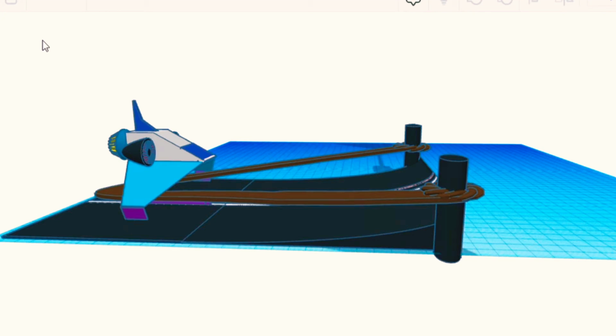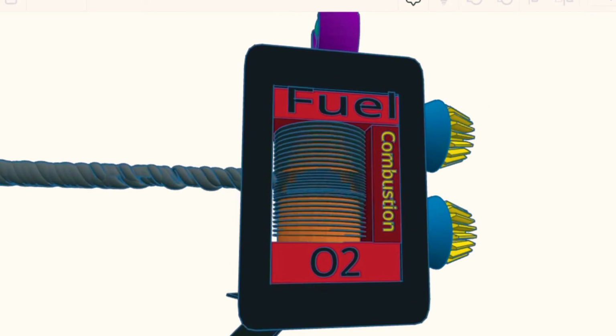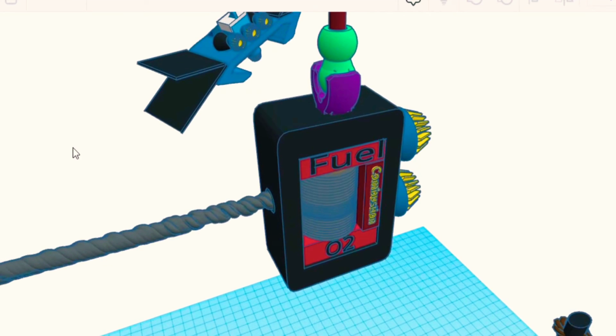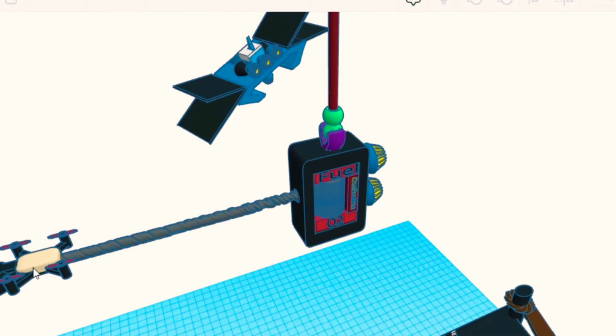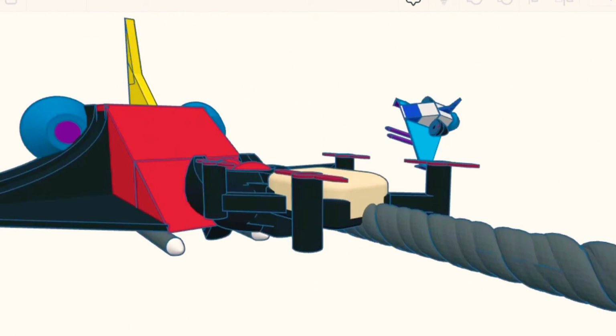Now coming to the arrival station, it has a separate fuel and oxidizer for making the skyhook rotate and controlling the station. It connects to the spacecraft via a rope that is attached to the drone for positioning, and a hook that will connect to the spacecraft, and it is also connected to the tether.